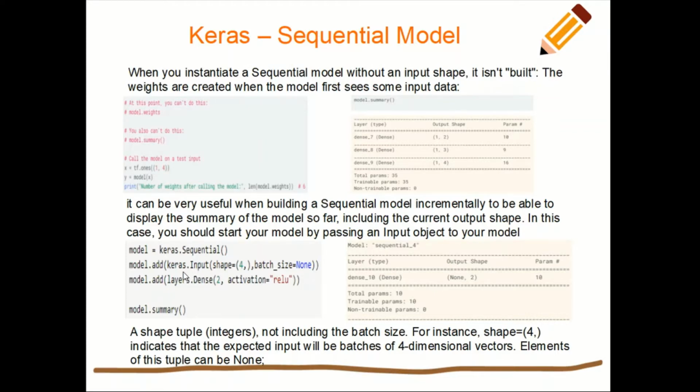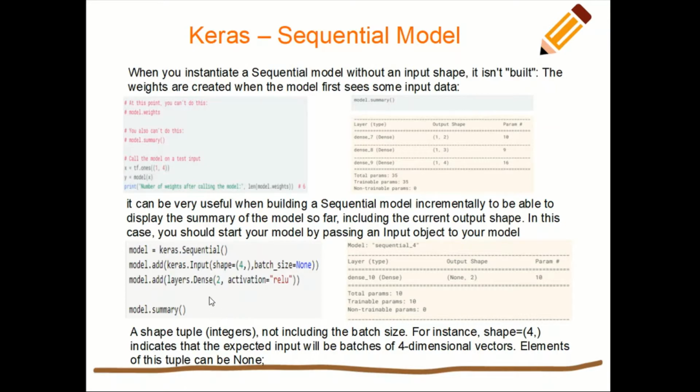Then we can create an input object, keras.Input, and declare its shape to the extent that is known to us, and we can give a batch size also if that is known. Otherwise we can just give None, and that is sufficient. Since we are giving the input shape, the weights can be created, and we will be able to see the model summary.